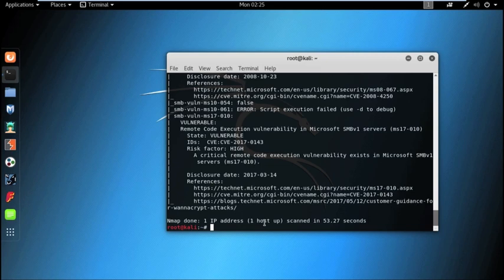Post. Post modules are used for post exploitation, that is, used on a compromised target machine to gather evidence or pivot deeper within the network. Now, let us start the Metasploit framework. To start it, we use the command msfconsole.